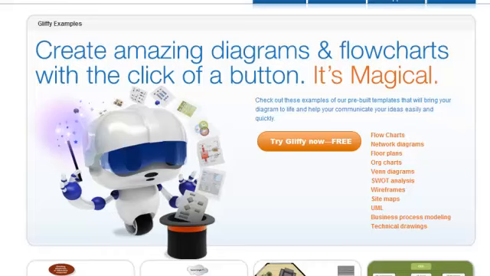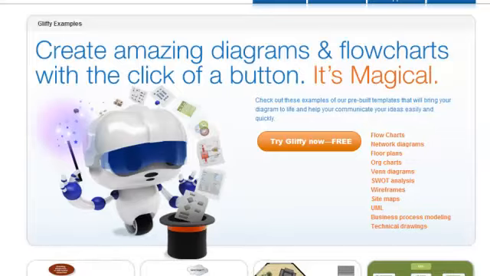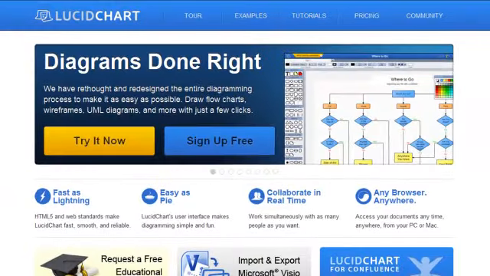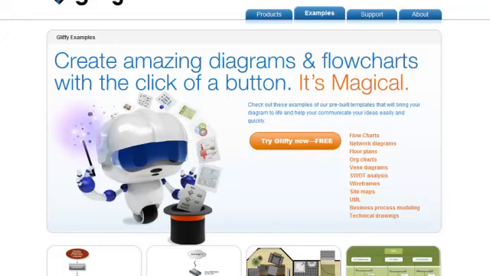Another option you have is this one, Lucidchart. Now both of these, Gliffy and Lucidchart, I believe, are on Google Apps. So what I suggest you do, if you want to find some good apps, type in Google Apps, as long as you have a Google account in the first place. Type in Google Apps, and then you can see some of this free software. You can do free versions, but then you can also try them out for 30 days and check the pricing. This one's $4.95, and it goes up depending on if you're working with a team or not. So $4.95, and that's dollars. So if you're in the UK, that's pretty much about £6 or £7 a month, which I'm sure you can afford.